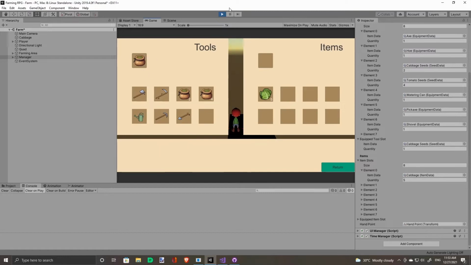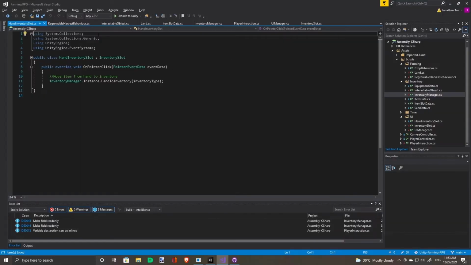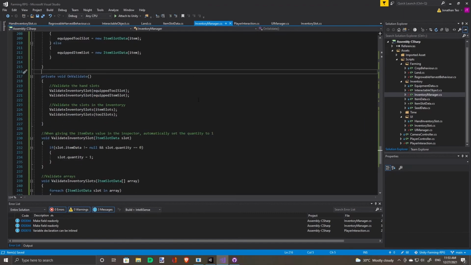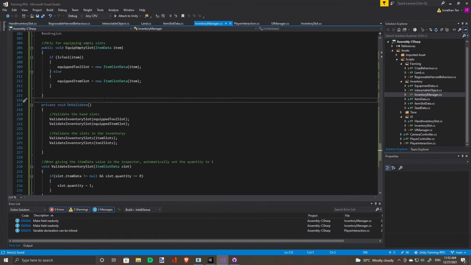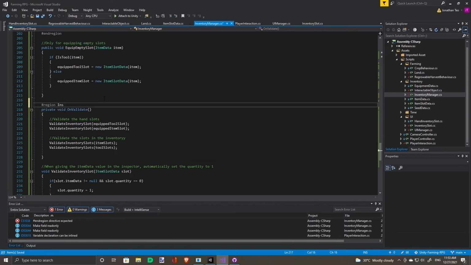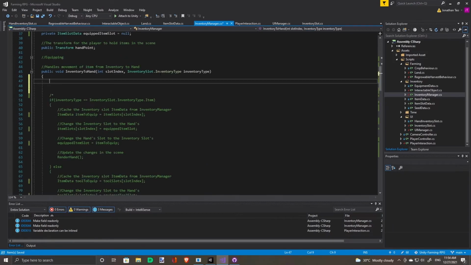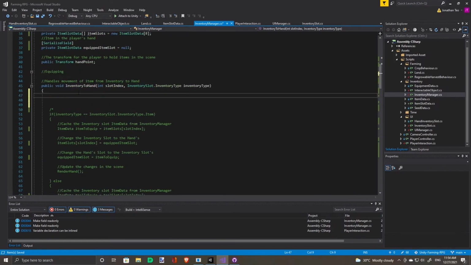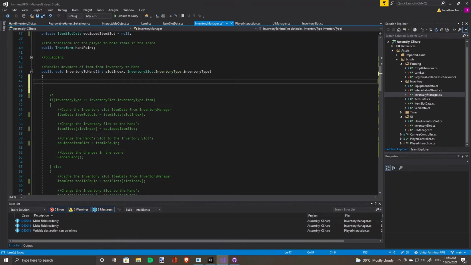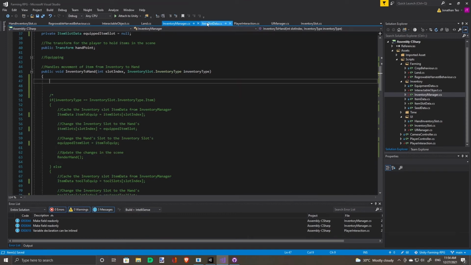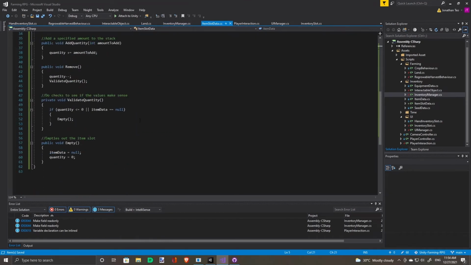Now on for the logic for moving the inventory items. Let's go to Inventory Manager. When we move the inventory to hand, it just exchanges the thing, but we also need to check for stacking. So first, let's go to our item slot data.